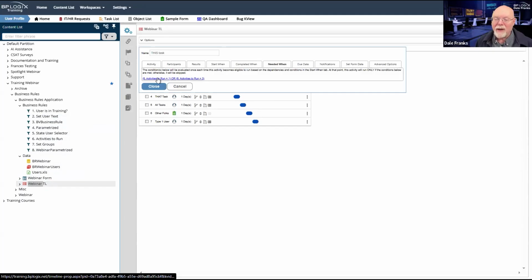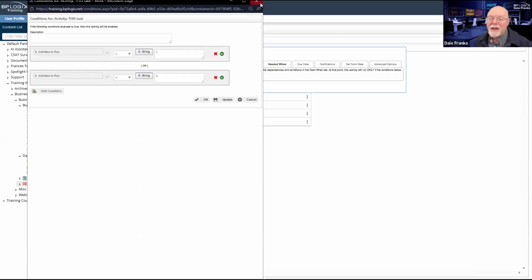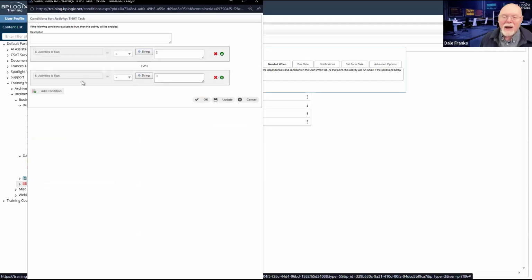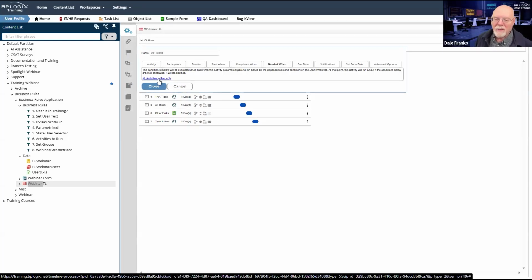And for this task, if activities to run equals 1, or activities, I might as well open this up, activities to run equals 1, or it equals 3, it is going to run the this task. Obviously, the that task is going to have something similar, but in this case, we are looking for activities to run equaling 2 or 3 instead of 1 or 3. And then finally, all tasks is just looking for activities to run equals 3.